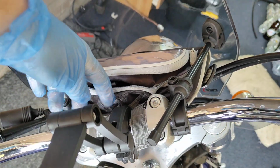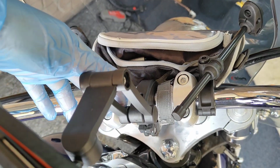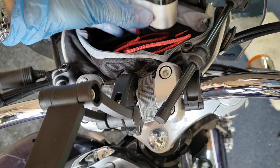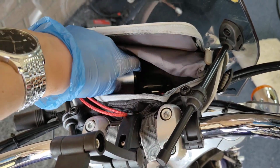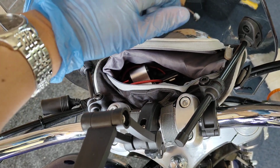Generic fork bag. You can see that Velcro's there. That's never moved an inch. Really good. I keep my socket in there. 12-volt socket, charge cable, and then when I'm riding I leave my wallet, keys, vape, that kind of stuff in